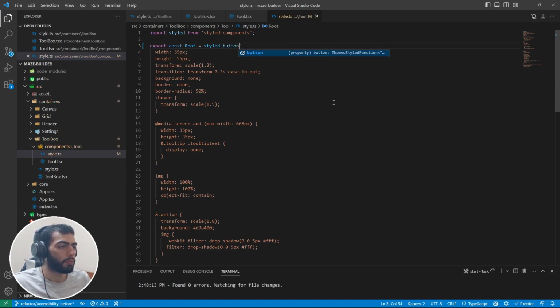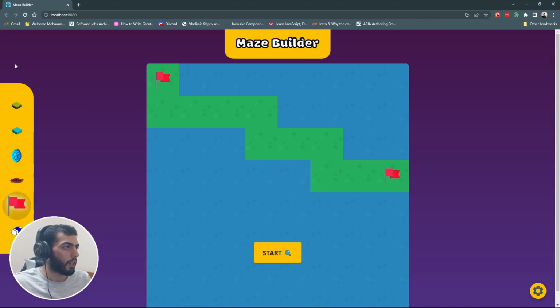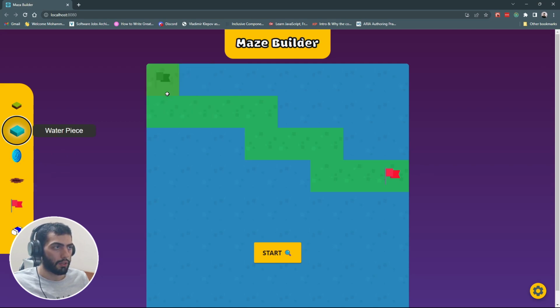save, let's go back and see. Now, as you can see, I clicked the tab key and you see this focus ring around the button. If I click the tab key again, and if I click the enter key, the element is selected, the tool, and all we needed to do was just make it, instead of div, button. That's great. So let's now just, because it's an easy fix, let's also make this fix to the grid